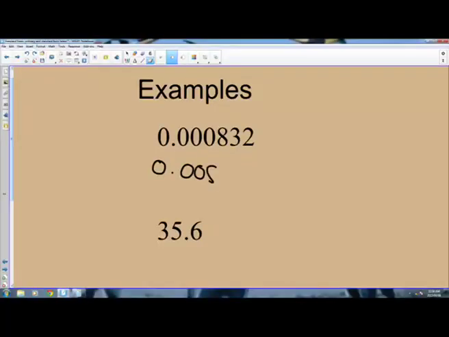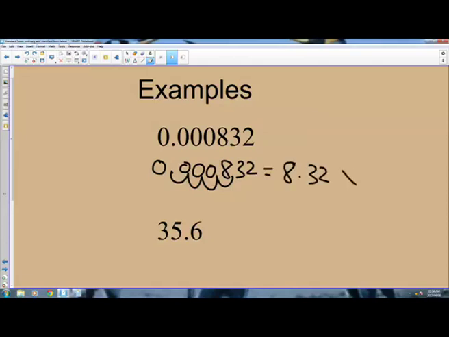This will be 0.000832. Now, the point is here. We need to move this point such that we achieve a situation where there's one digit before the point. So, 1, 2, 3, 4. This then will be